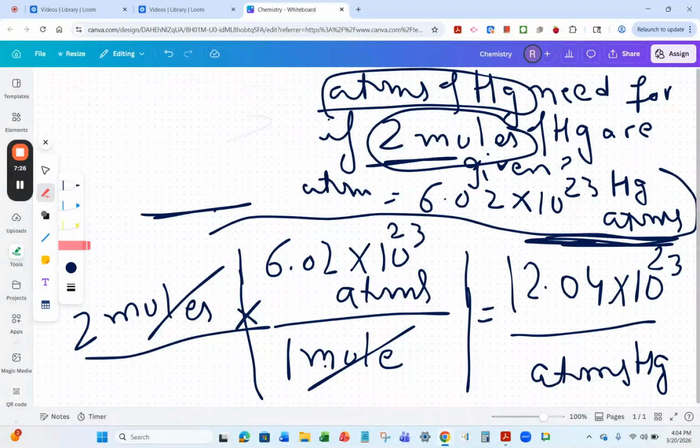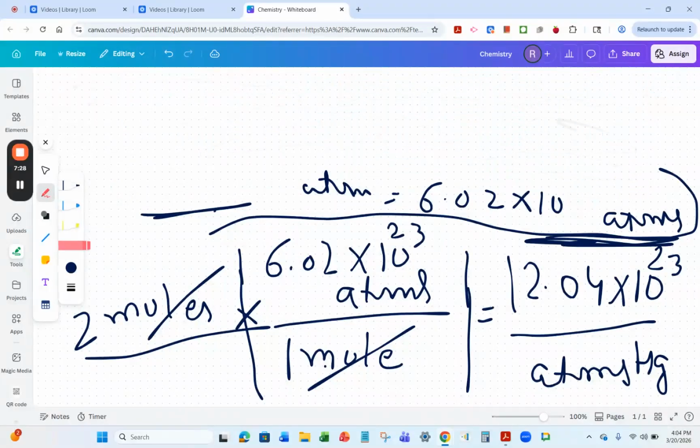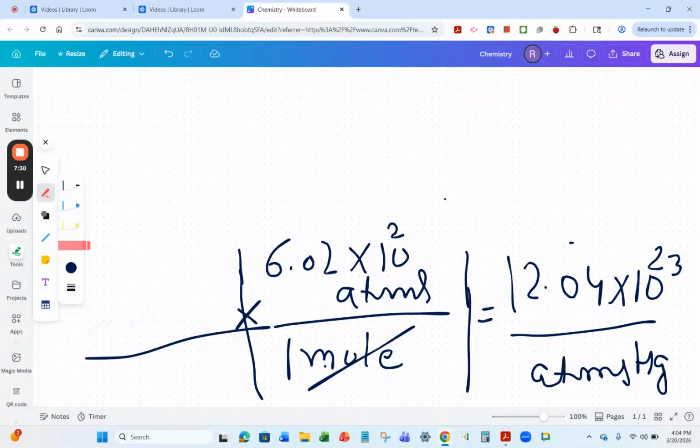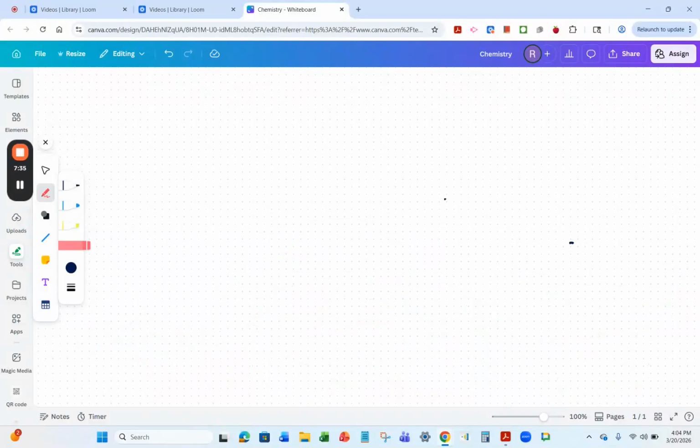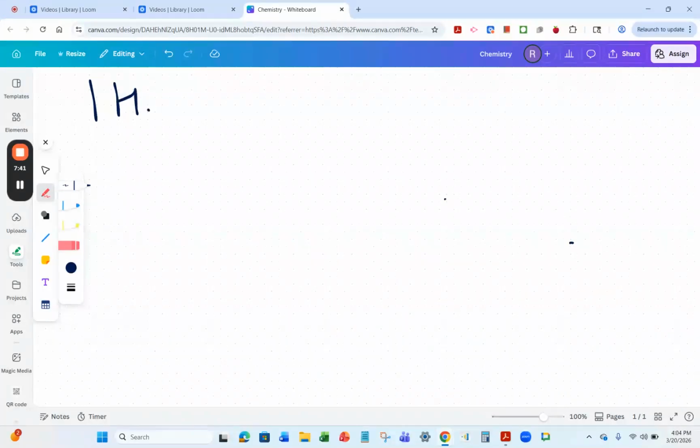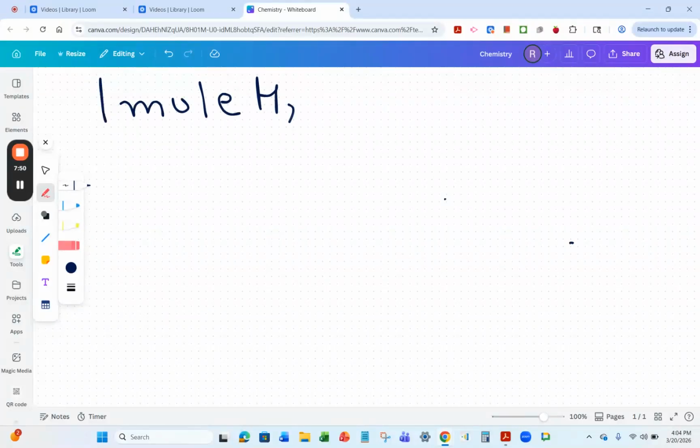Let's take one more example. I want to show you a different example. So let's say I have given you, in terms of moles, 1 mole of H2SO4. What else can you write? We know